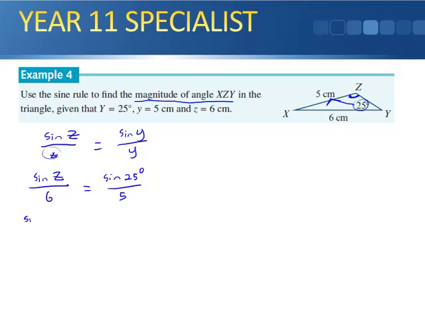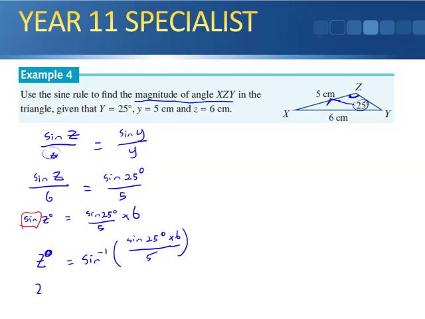So therefore sine Z degrees will equal sine 25 degrees divided by 5 times 6. Now we need to get rid of sine, and we're finding an angle, so the only way to get rid of sine, of course, is to do sine to the negative 1, inverse sine. So I'll be inverse sine of all this, sine 25 degrees divided by 5 times 6. I can just write that on the numerator. So Z degrees will equal, and when I work that out, it is